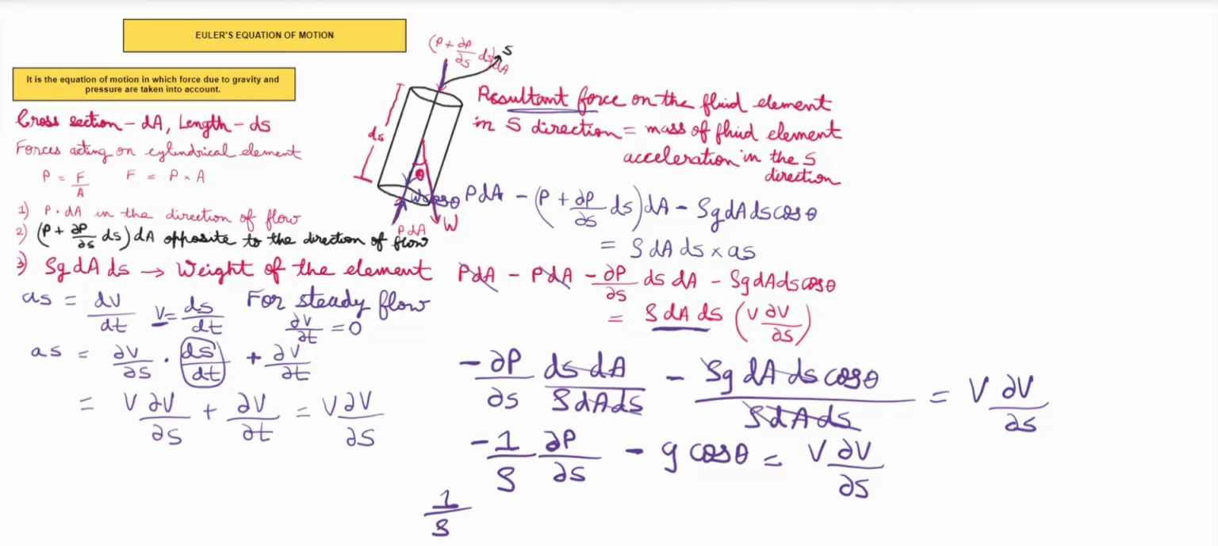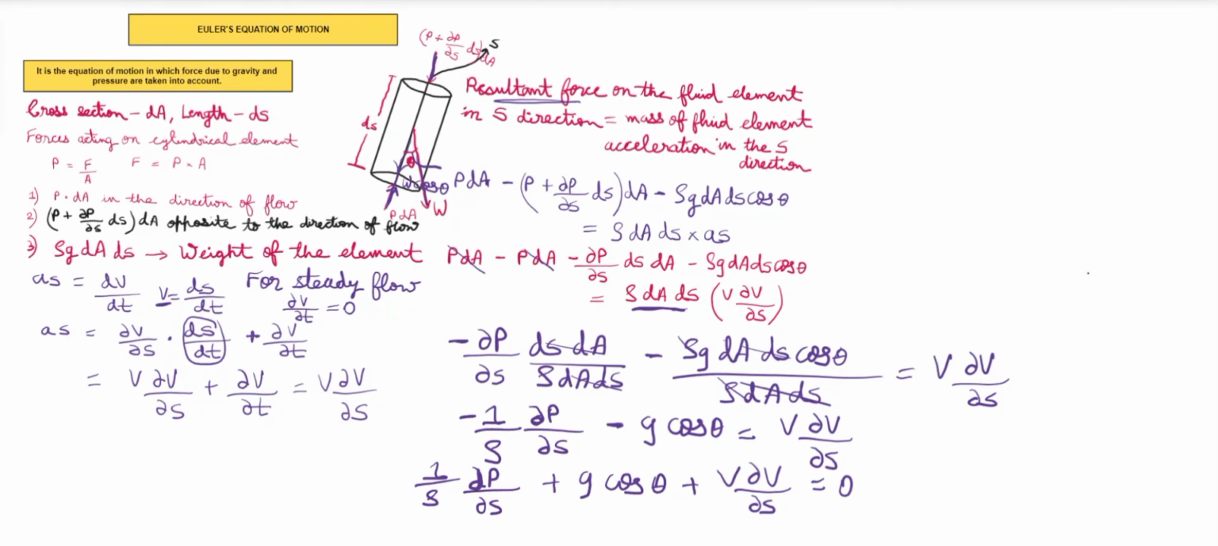We'll take all the terms on the right hand side, so it will become positive. So we'll be having 1 upon rho del p by del s plus g cos theta plus v into del v by del s equal to 0. Then